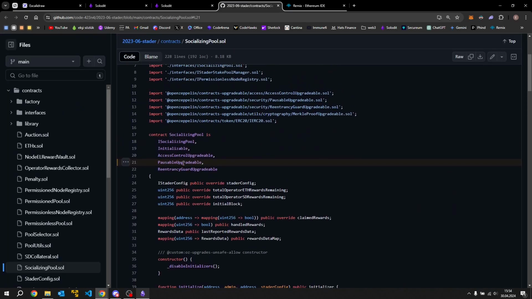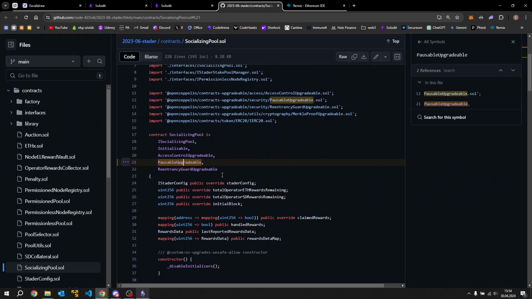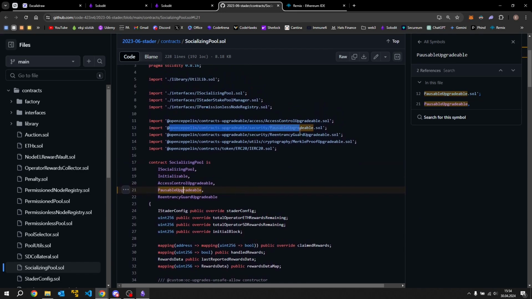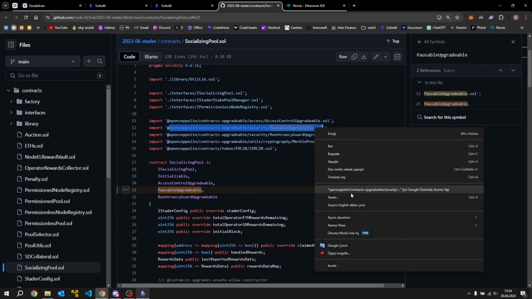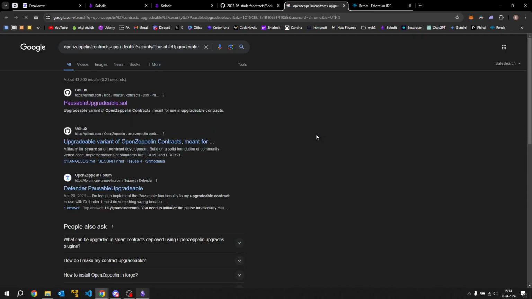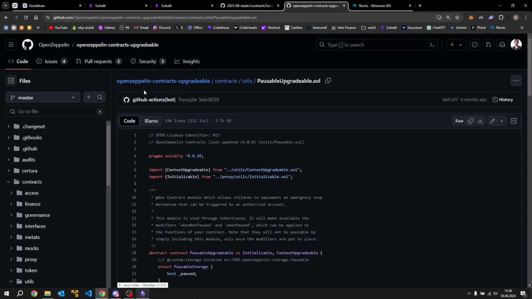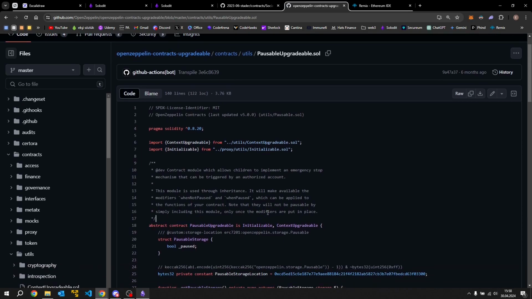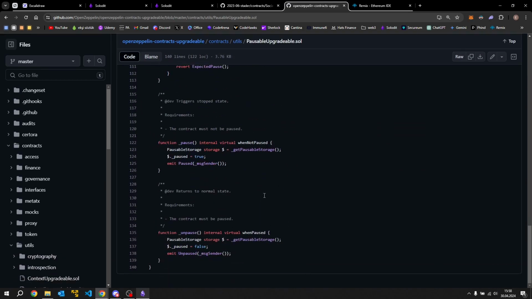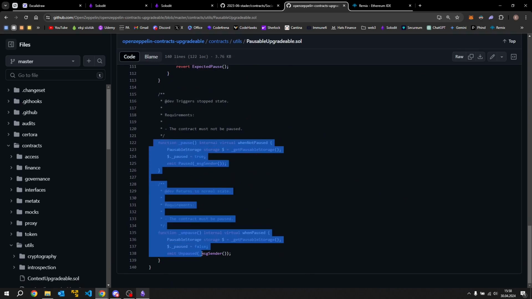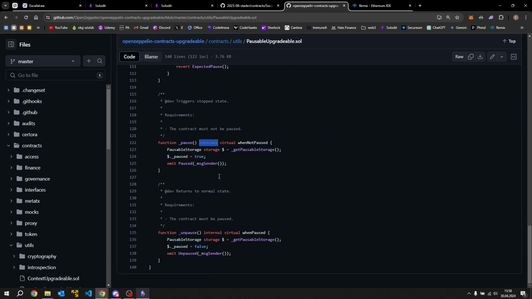As you can see, it is pausable, upgradable, and let's see what's inside of this. It's OpenZeppelin's pausable, upgradable abstract contract. And there are two functions, pause and unpause. These are internal,